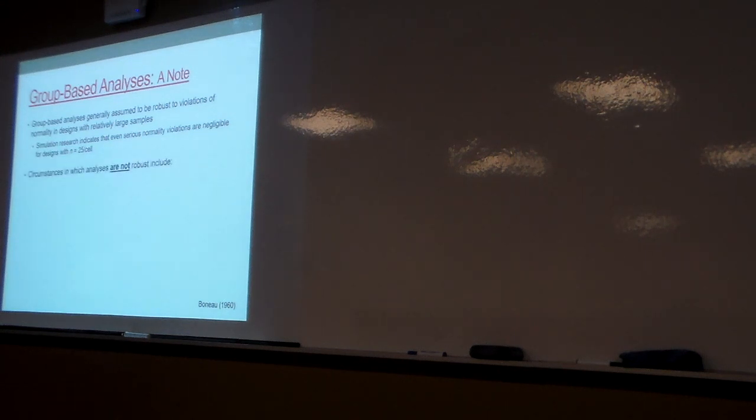But things that you should be identifying as problematic as you're running through screenings are situations where our tests aren't robust, if distributions across groups have a different shape and have different variances. Remember that if we start doubling down on violations, this is where things start to become problematic. So if cell A has a positive skew, cell B has a negative skew, and they have wildly different variances, that's problematic, right? If we have different sample sizes and different variances, this is also an important thing to think about.